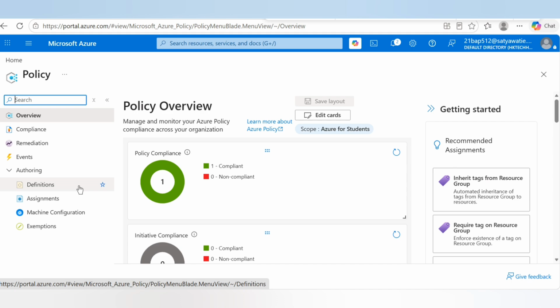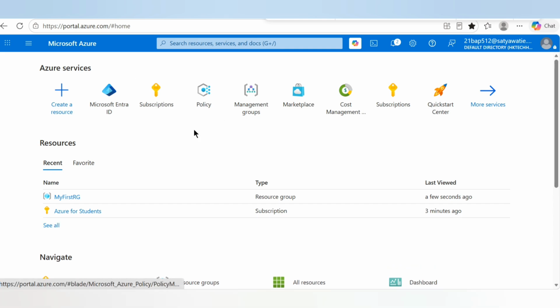Whenever I try to deploy any resource in East-US, it will deny and my resource will fail. So we can create such types of policies here to protect our resources or deployment. So this is the policy. We can apply policy on a management group, subscription level, resource group, or any individual resource. Next is